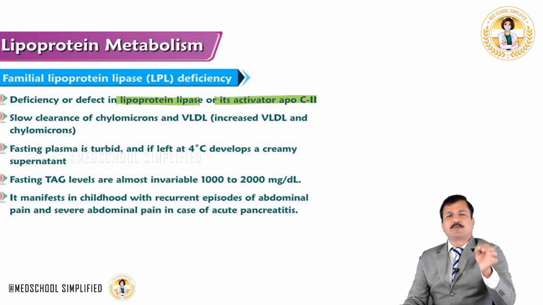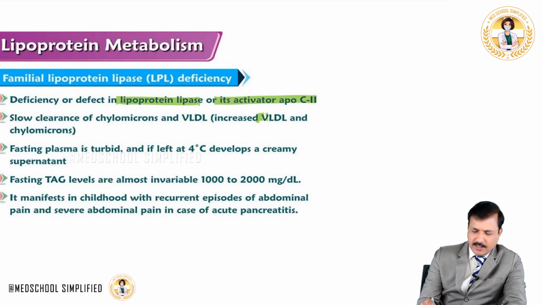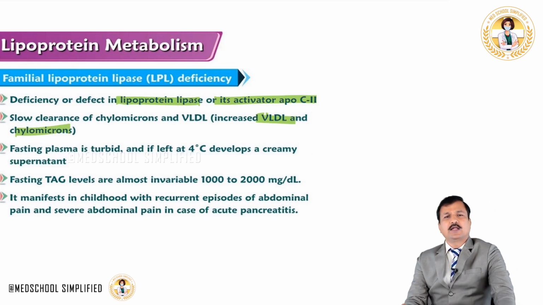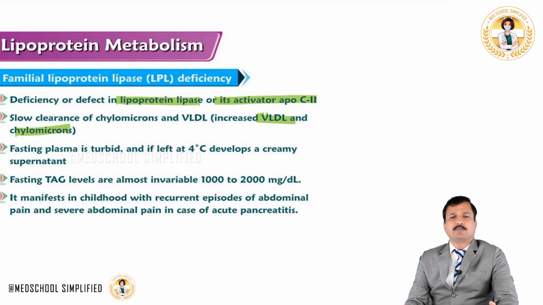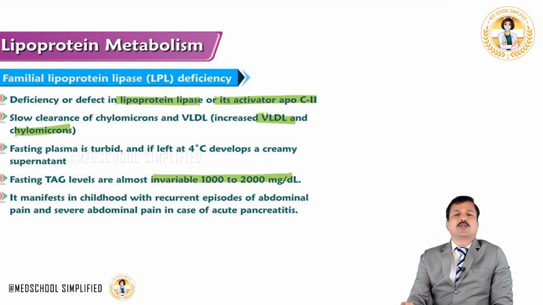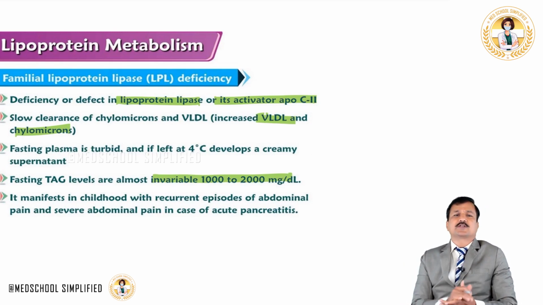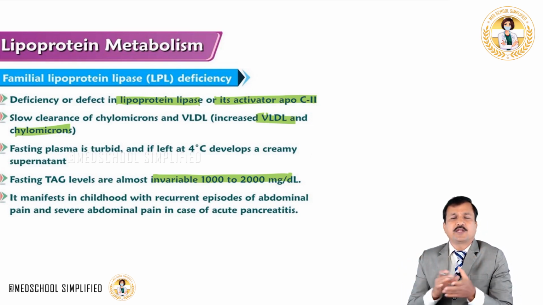circulation. Because lipoprotein lipase is the one that will metabolize chylomicrons and VLDL, deficiency of lipoprotein lipase will lead to increased levels of VLDL and chylomicrons. And you know VLDL and chylomicron both are triacylglycerol rich molecules. That means there will be elevation of triacylglycerol under fasting condition, which is invariably more than 1000 to 2000 milligram per deciliter. That is too much elevation of triacylglycerol in the blood, because normally it is around 150 milligram per